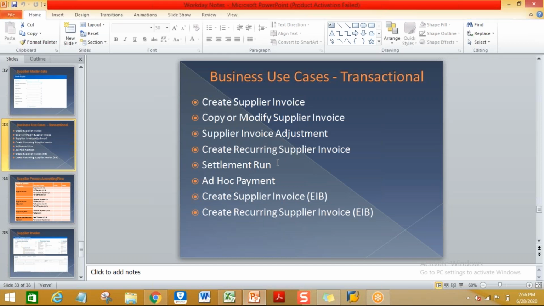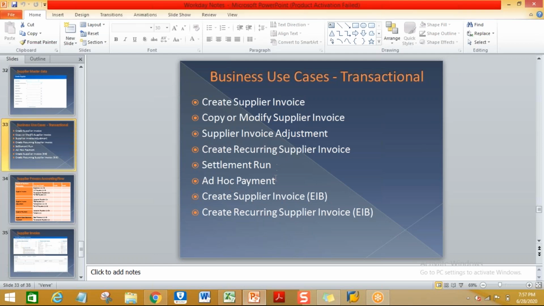Then the settlement run, nothing but supplier payments. How are you making your payments to your suppliers? In supplier payments, there are different payments like standard payments, underpayments, and overpayments. Underpayments and overpayments are what we call partial payments. Standard payments mean you have to pay the full payment as per the invoice amount. Let's say you have a 10,000 invoice, you have to pay the 10,000. That means the standard payment. If you are paying only 5,000, it's an underpayment. It's a kind of partial payment.